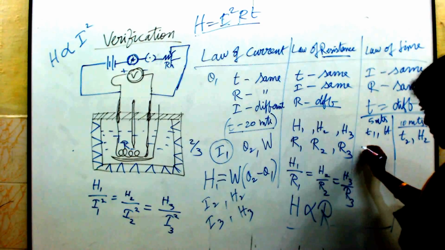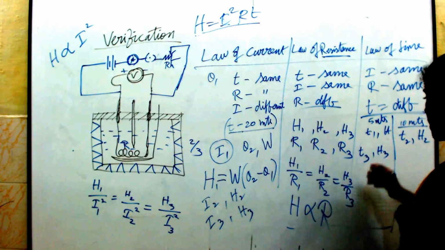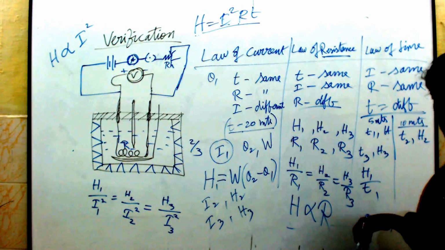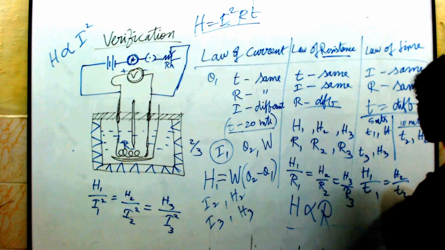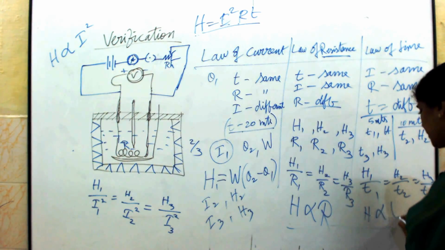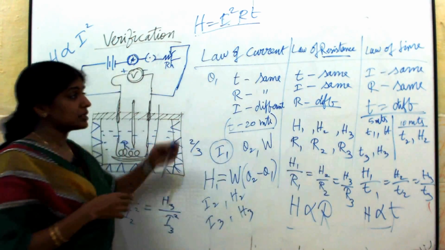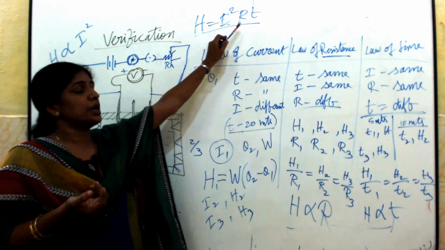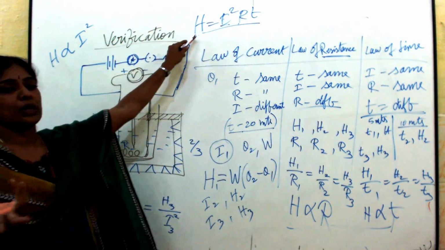Let it be H2. You repeat the experiment for a different time T3, 15 minutes, and you find out what is the heat produced. In all these three, if you see the ratio between the heat produced and the time of passage of current, it will be equal in all the three examples. H3 by T3. So, I can say this H is directly proportional to T, that is the time of passage of current. So, here we verified Joule's law of heating. What is told in Joule's law? H is equal to I square RT. We verified it here, and now we came to the conclusion that what he told us is correct.